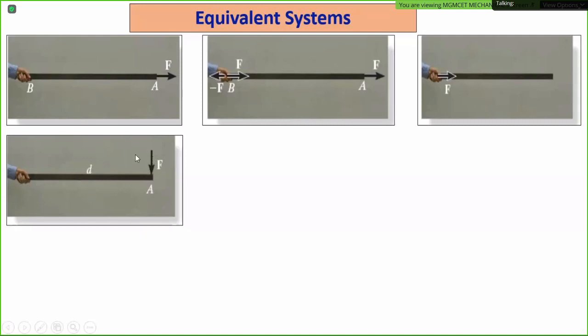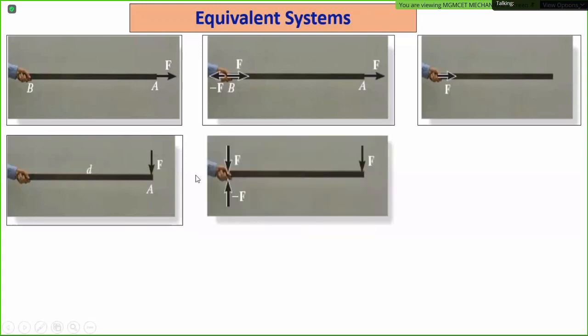तो directly तो shift नहीं कर सकते यहाँ पे. तो क्या करना पड़ेगा? Same logic. The basic question is force F is acting in a downward direction. The distance is D. I have to shift the force F to the left hand end of the bar. So here what I will do, I will apply the two forces of the same magnitude.